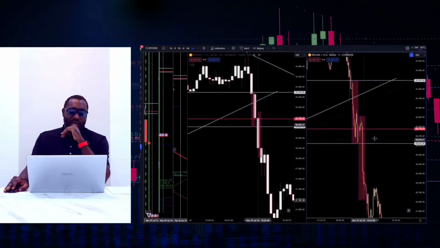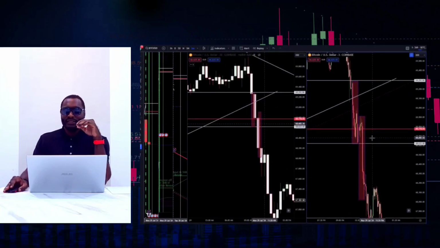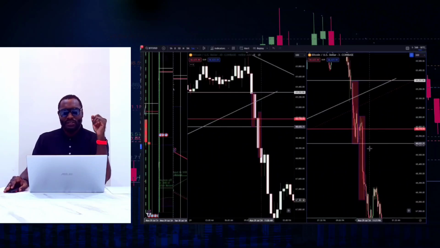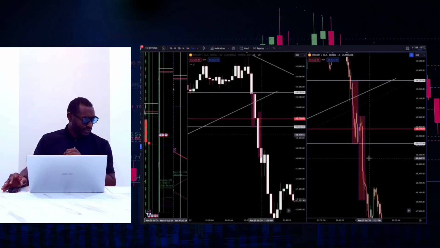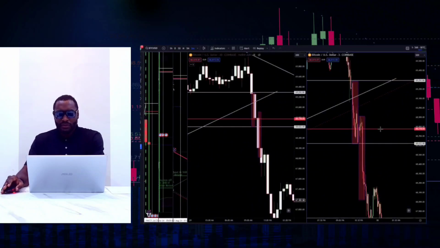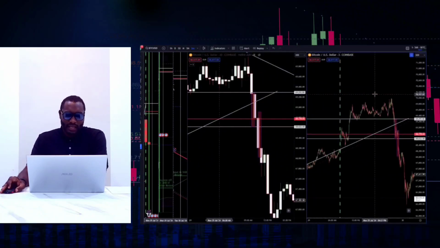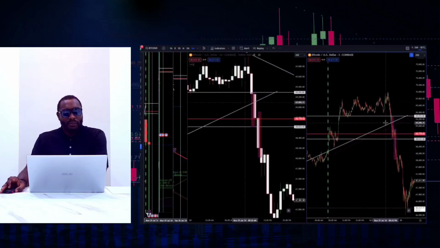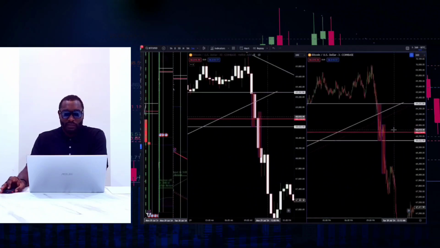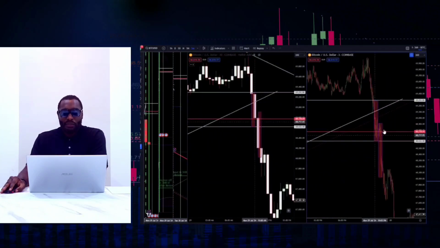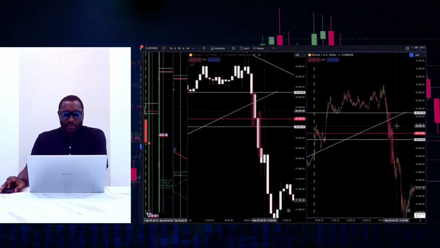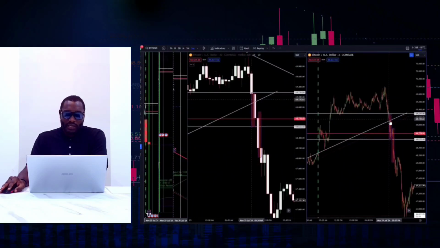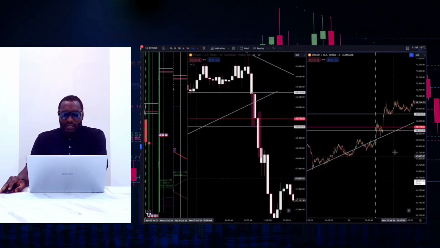So for one, have your stop losses in place. There's no reason to take inordinate amounts of losses. Know where you're going to take your stop loss. All right? So that's the benefit of using trend lines, understanding trends, understanding when am I getting out of a trade? When am I getting into a trade? And this is one of those things where if you are a short-term trader, this is an opportunity to go ahead and get out, especially if you see your trend line has been pierced, which, let's see, it's been pierced here,